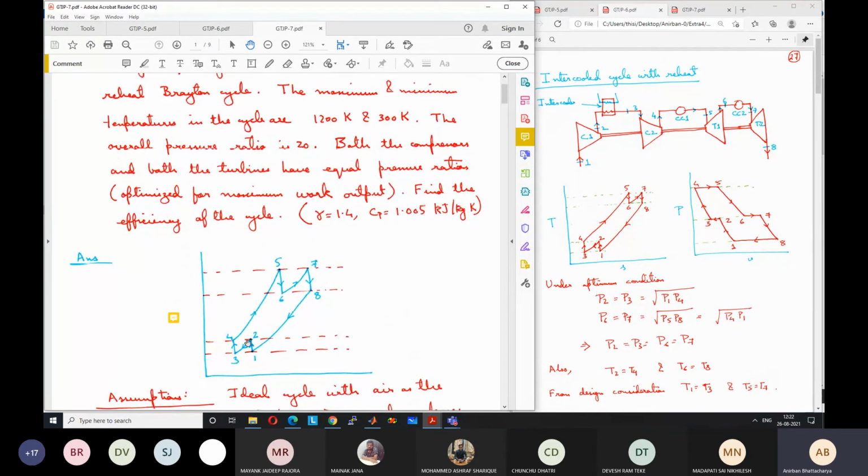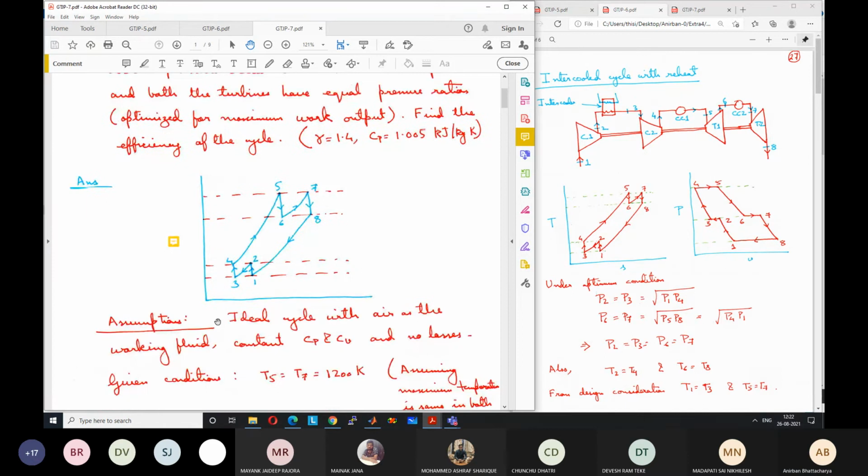What we need to do is just find out the temperature at all the points. Once you find the temperature of all the points, we can calculate any energy transfer based on the change of enthalpy. Any change of enthalpy, say for example H5 minus H4, is equal to Cp (T5 minus T4). Similarly, H2 minus H1 is equal to Cp (T2 minus T1). So any change of enthalpy can be obtained using Cp into delta T, and if you know the temperatures, you can calculate delta T. So our role is to find all the temperatures. That is the only role. Then it becomes a very easy problem.